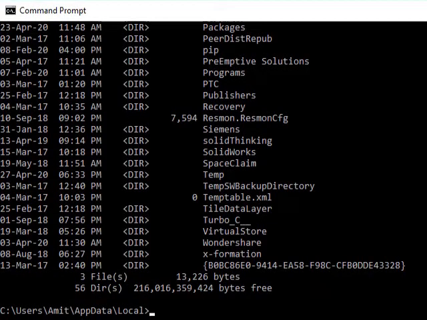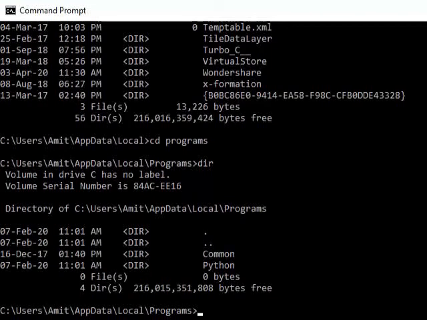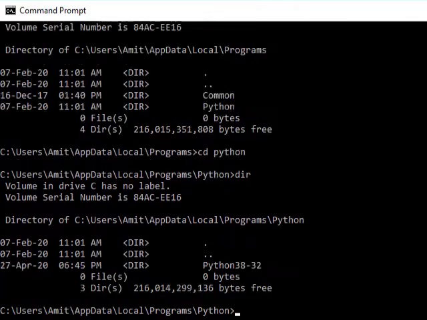We have to go into Programs: cd Programs. Again I will search. Yes, Python is there. I will go into Python. So we have entered. Let's see what files are here.